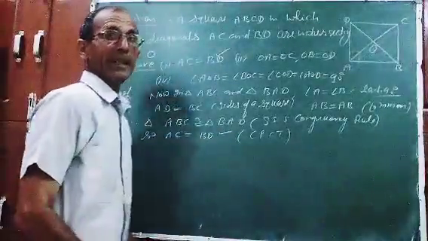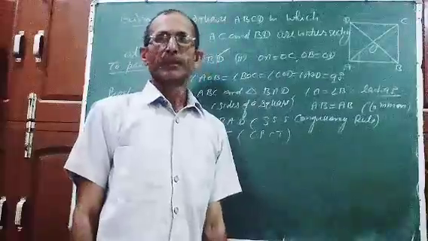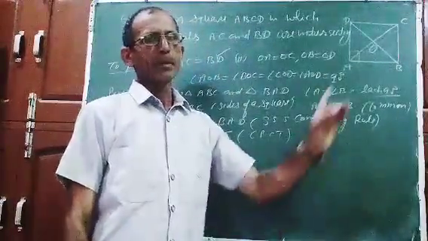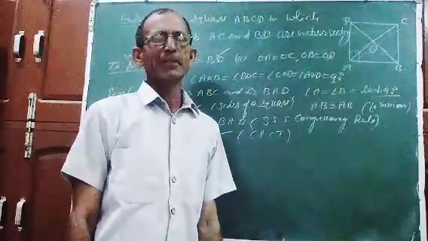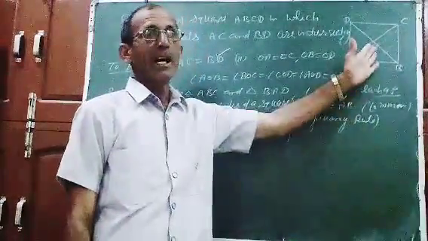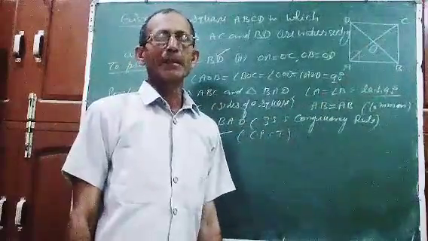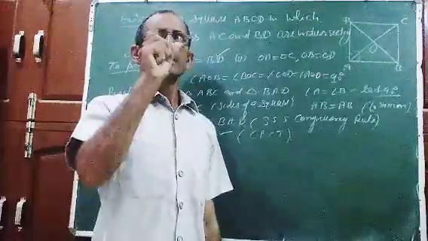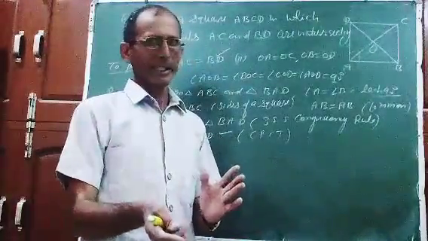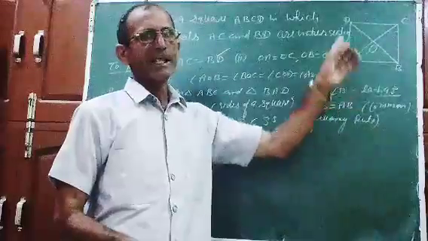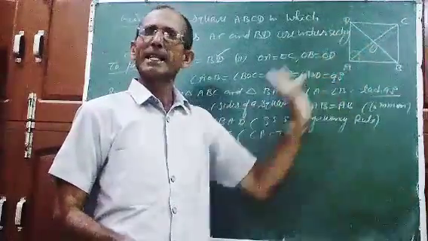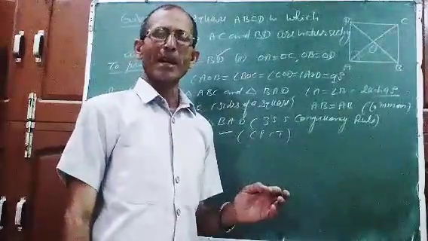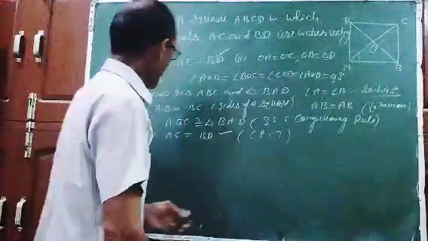Now the second part, you know the properties of a parallelogram and a square. So some properties are the same. Opposite sides of a parallelogram and square are equal and parallel. Same thing here. Opposite sides of a square are equal and parallel. It means all the squares are parallelograms also. So if a square is a parallelogram, there will be no problem if I say the diagonals of a square are bisecting each other, because a square is also a parallelogram, and you know the diagonals of a parallelogram are bisecting each other.